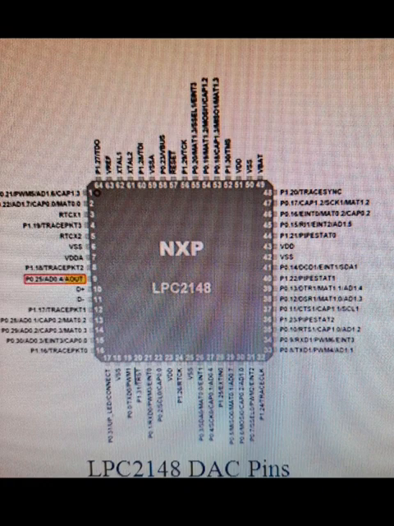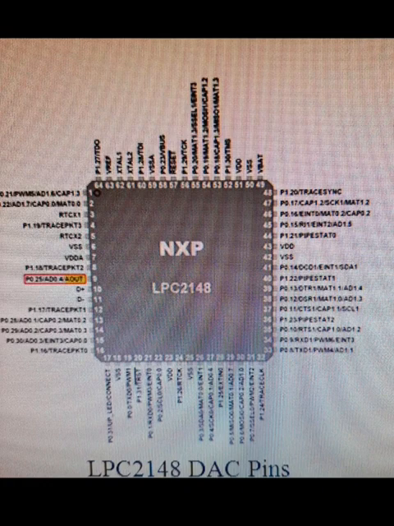That means the settling times are valid for the capacitance load on the AOUT pin not exceeding 100 picofarad. A load value greater than that will cause the settling time to be longer than the specified time. The next bits, bit number 31 to 17, are the reserved bits.